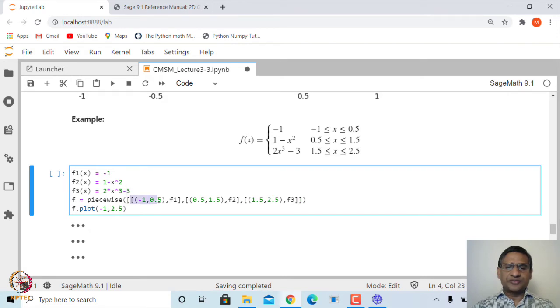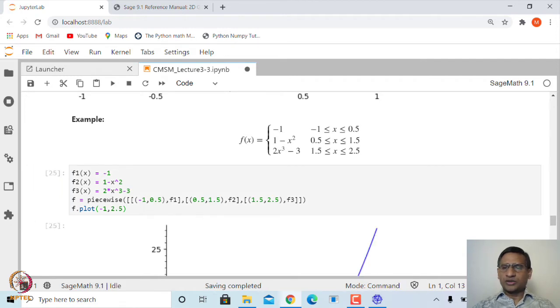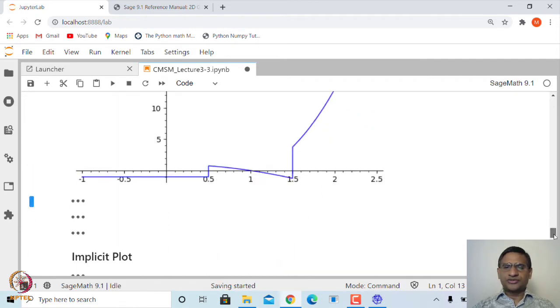The first component, you need to give the interval, and then f1, the next one is the second component, and the third component, and everything is defined inside a list. So, it is a list of each piece, and then we can simply say f.plot from minus 1 comma 2.5. So, that is the graph of this function.